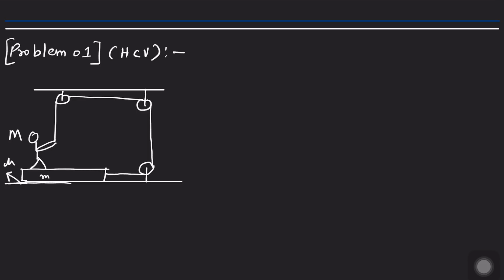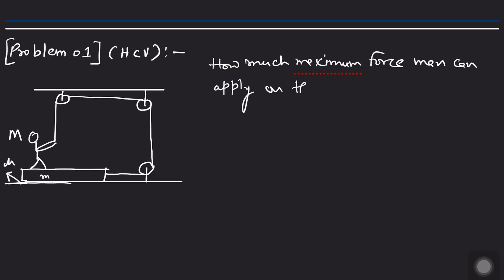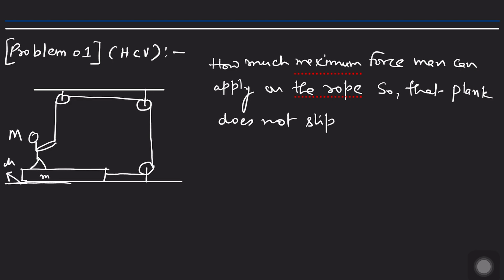What they are saying is: how much maximum force can the man apply on the rope so that the plank does not slip on the floor,